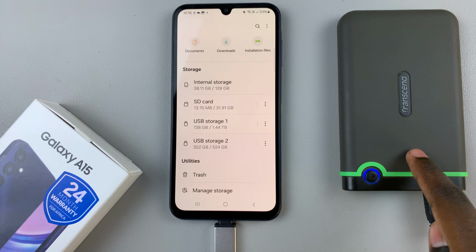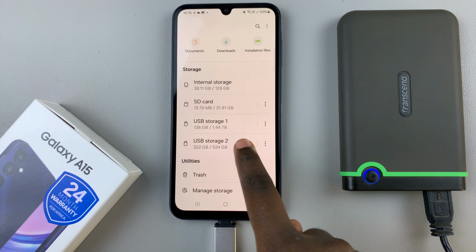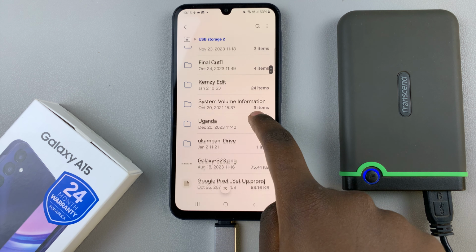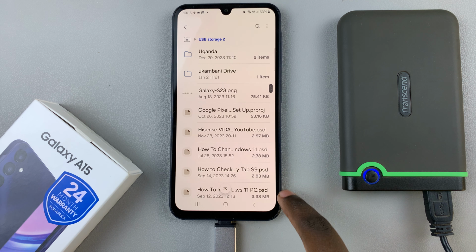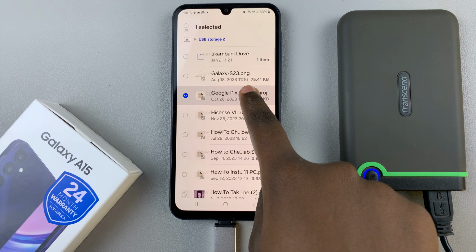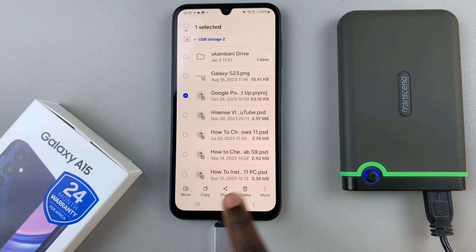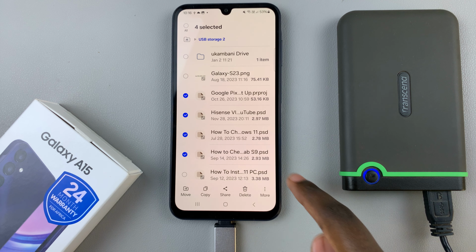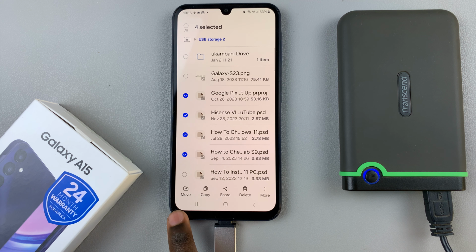Then under the storage section, you should see your external hard disk. To move files from the hard disk, or to copy files from the hard disk to your phone, open the file location. So say for example, I wish to move these files. What I would do is long press on one file, and I can choose to move that singular file, or I can select multiple files. Then select move or copy,